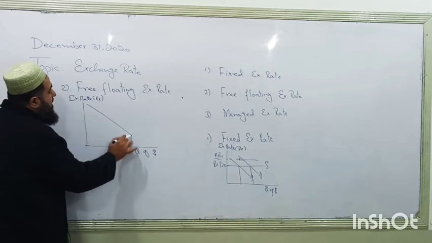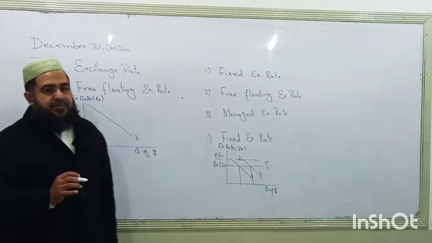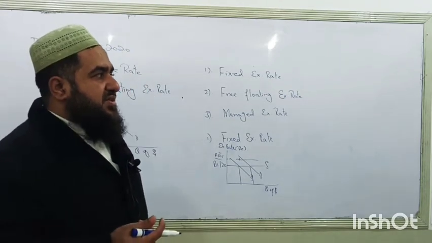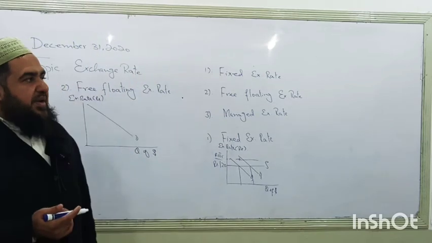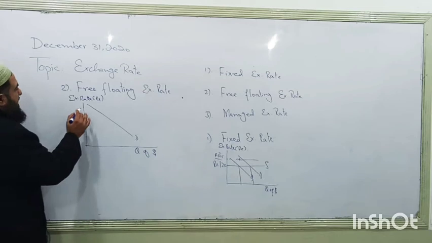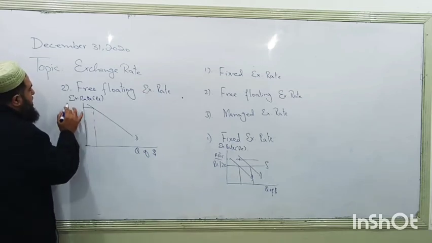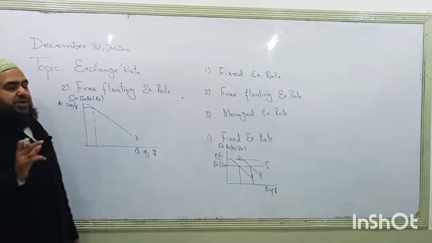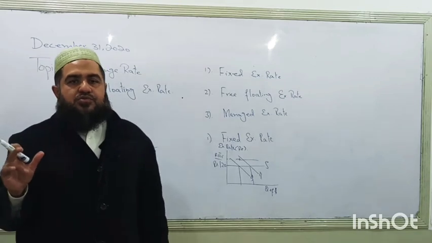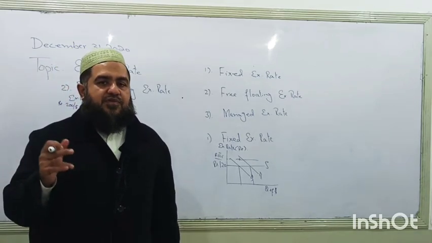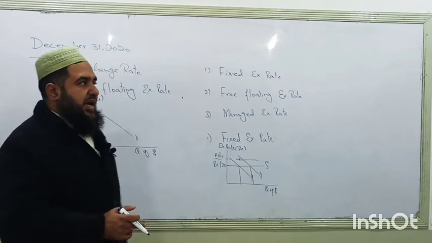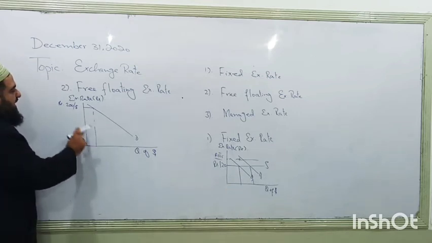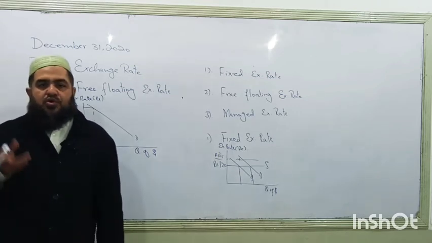Do you know why dollar demand is downward sloping? Why is dollar demand in our country, or in any country, downward sloping? What is the reason behind it? Suppose the exchange rate moves up to 200 rupees per dollar. The importers will not be interested to import too many goods, because now in terms of local currency their import value will be rising, as the foreign exchange rate value is 200. So the demand for dollars will be very less when its value moves up to 200 or more.